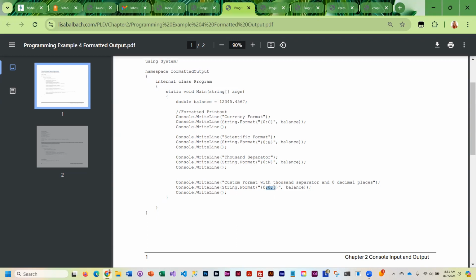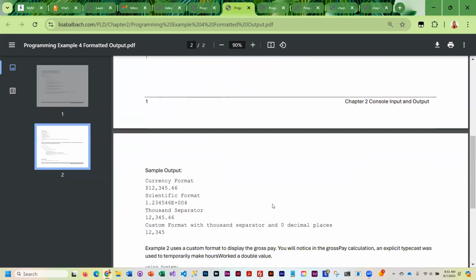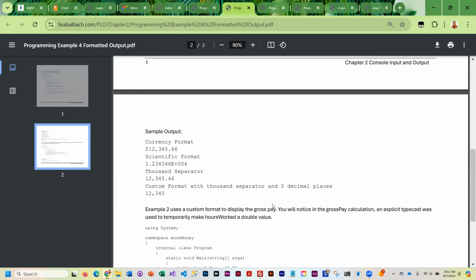And if the number is not big enough, it's actually going to print out zeros. Okay. But you can see the number that I am printing out is big enough, so there are no zeros